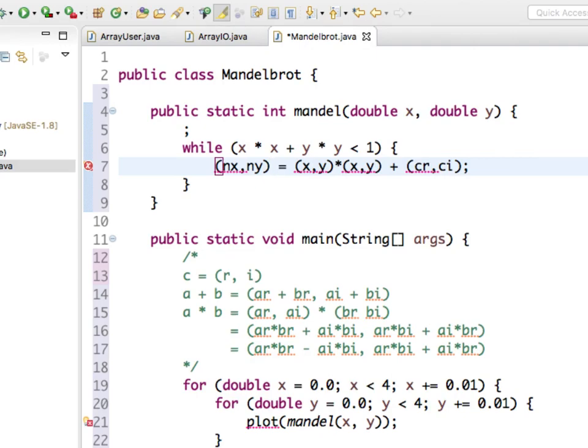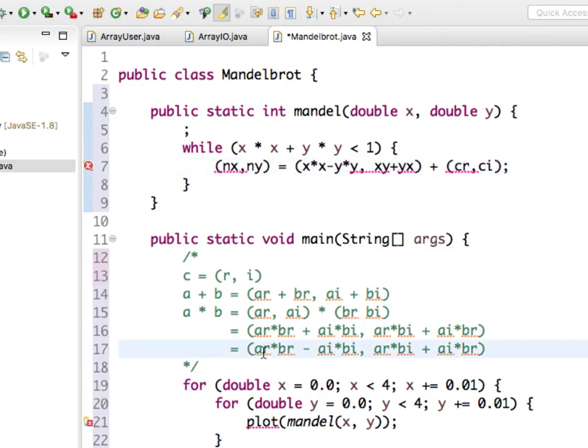And I've got to remember that this is complex multiplication. This isn't just real multiplication. So I need my little formula from down here, which says that these two numbers, if they're complex, their product is really x times x minus y times y, comma, xy plus yx.